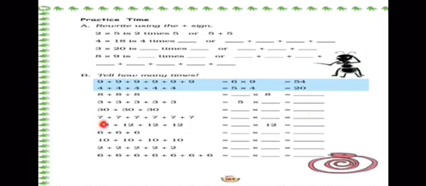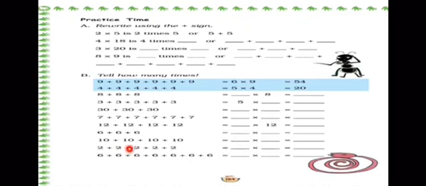Now 7 plus 7. Let's see how many times it has been done. 1, 2, 3, 4, 5 and 6. So 6 times 7 is, 6 7s are 42. Now 1, 2, 3 and 4. So 4 12s are 48. Yes, 48. Now 6 plus 6 plus 6. So 3 times 6 is 18.